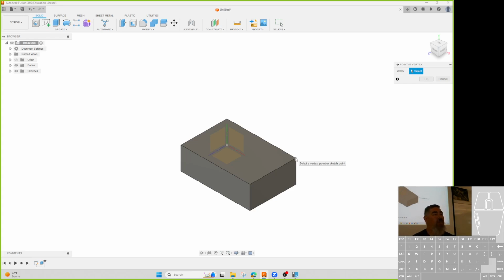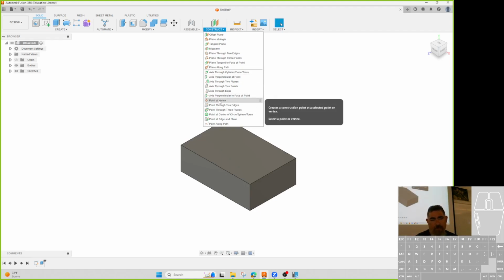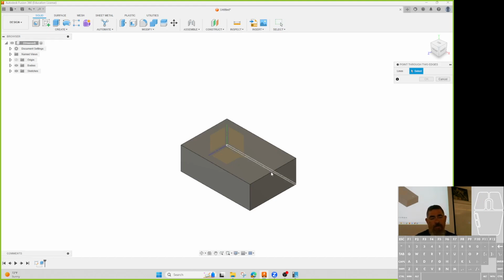I don't know why you did that. Can both those points, either sketch point or that point, work for the whole command? Yeah. So if I had a point here on the face somewhere, I could use that as my starting point for the whole command. But you can do a vertex, I can do a point at two edges, so like that edge and that edge,